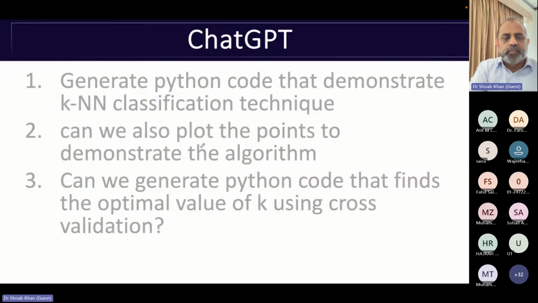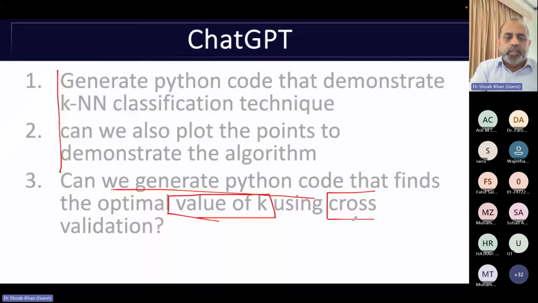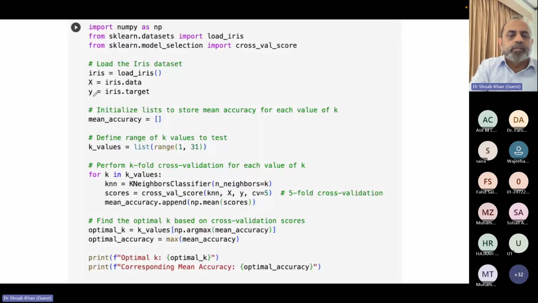Here I asked ChatGPT to find out. I had already generated code that used k equal to 3. Then I wanted it to try different values of k. So, can we generate Python code that finds the optimal value of k using cross validation? Two things I want to explore: how it does the cross validation and how it selects the value of k. So here is the code, and as you can see, it is almost the same code